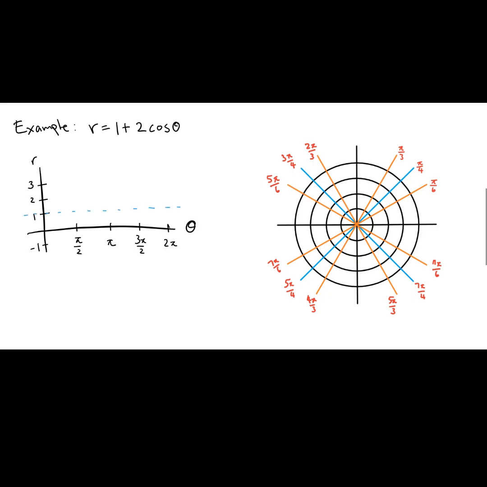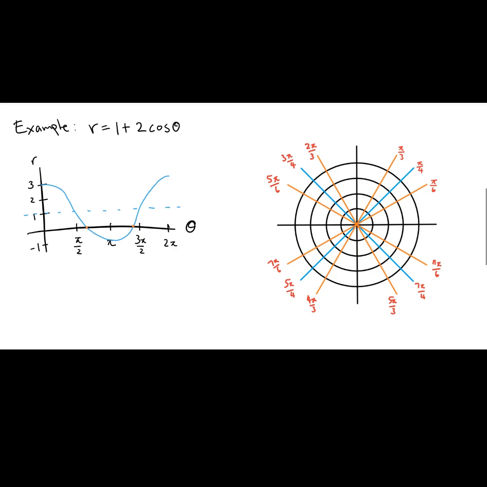Now we're going to graph our equation. So when theta equals 0, r equals 3, and then it's going to hit 1 at pi over 2, and then go to negative 1 at pi, and then back to 1 at 3 pi over 2, and then 3 at 2 pi. What we're really interested in are these 2 points where the graph meets the theta axis or